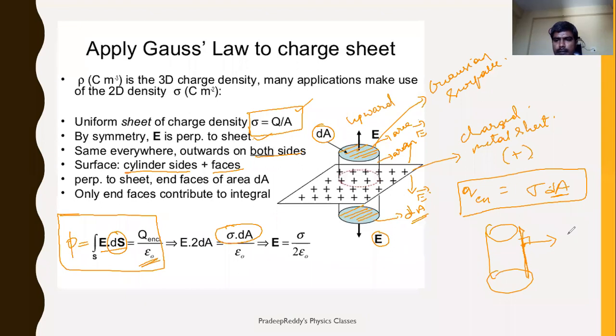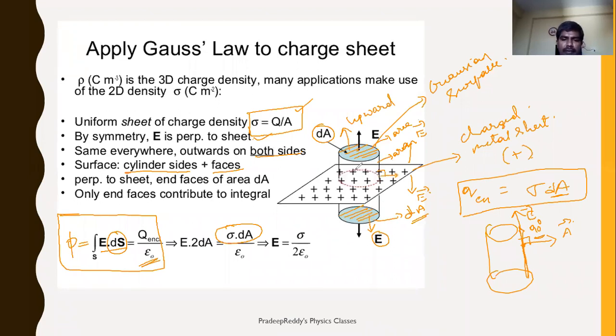This is area vector. Electric field is in which direction? This is electric field. What is angle between those two? 90 degrees. So what about cos 90? Cos 90 is 0. Therefore, there is no electric flux passing through this curved surface. Electric flux will be only through this upward face as well as downward face. Through this curved surface, there is no electric flux passing through because electric field is perpendicular to area vector of this surface, right? This is surface area, 90 degrees.